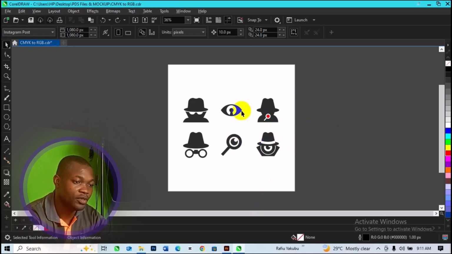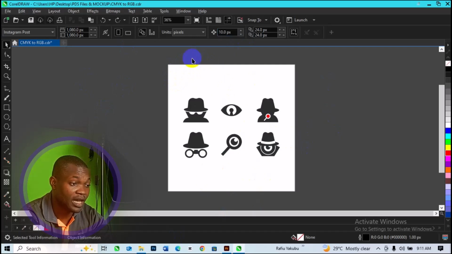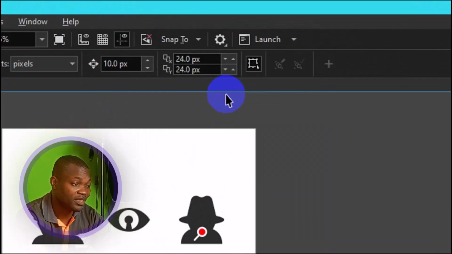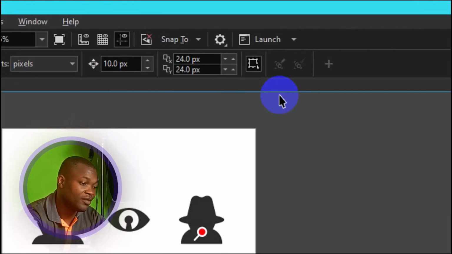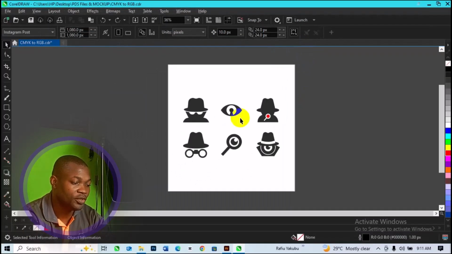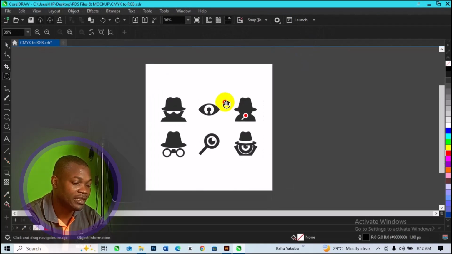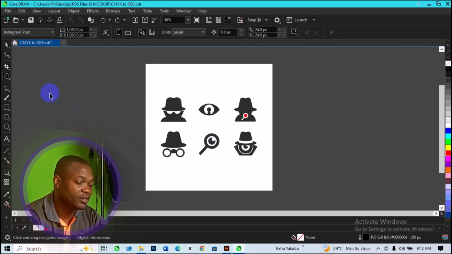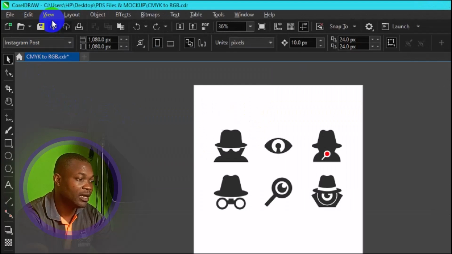Sometimes when you are trying to work in CorelDraw, you find out that you cannot see your ruler in your CorelDraw workspace right here, both vertical and horizontal. So how can you show that type of ruler and then continue to use your guide as far as CorelDraw is concerned? So what you want to do right there is to come to the top right here and